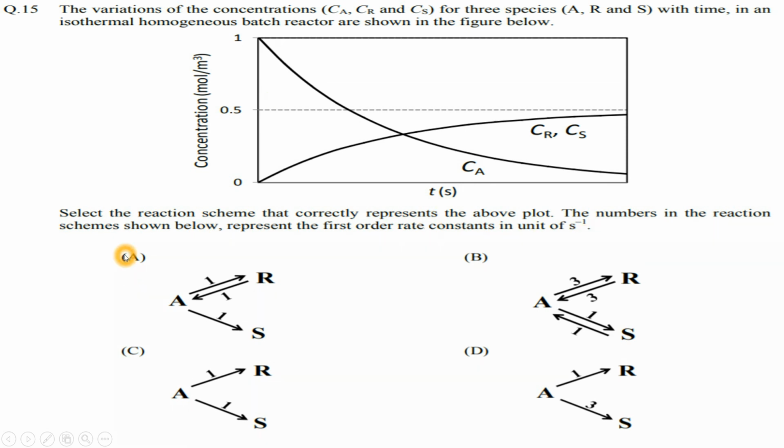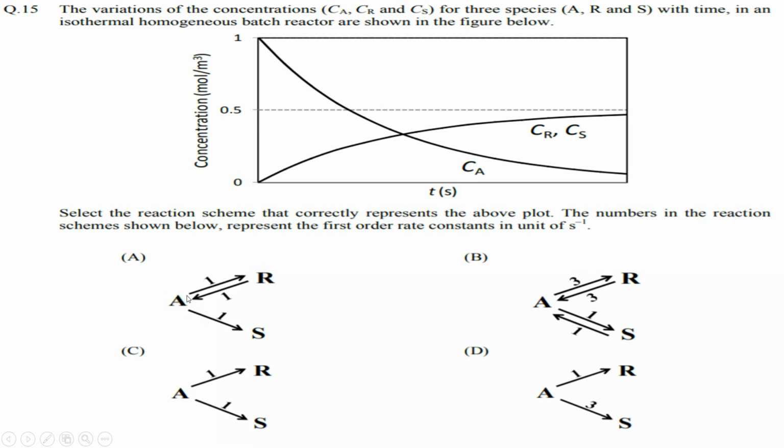First we will check option A. You can see here in option A there is a reversible reaction with rate constant 1, and the other is an irreversible reaction, A gives you S. Remember one thing: whenever there is an irreversible reaction, our concentration will increase continuously with time, right? And if there is a reversible reaction, then it will not achieve a concentration more than S, for the same rate constant. Since if there is a reversible reaction, in this case, as time passes, A will make R,